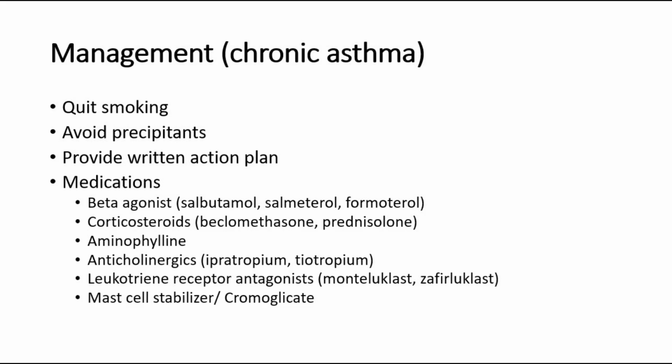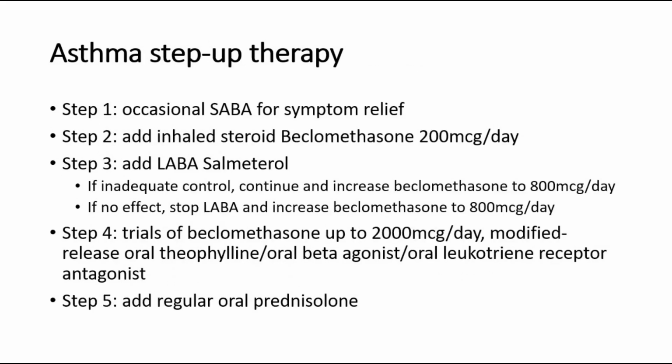So how do we give these medications? There is this asthma step-up therapy, which is used in the management of chronic asthma. So there are 5 steps. So we start at the step most appropriate to the severity of the patient, and we move upwards if needed or downwards if the control is good for more than 3 months. So step 1 would be occasional short-acting inhaled beta agonists like salbutamol, required for symptom relief during acute attacks. If it is used more than once daily or there are nighttime symptoms, we go to step 2.